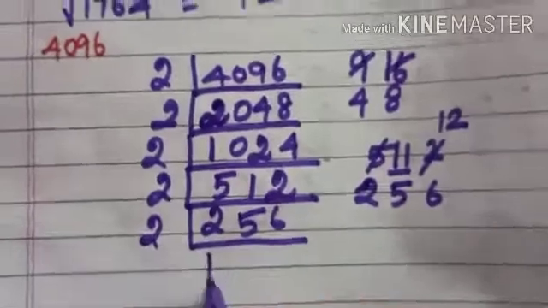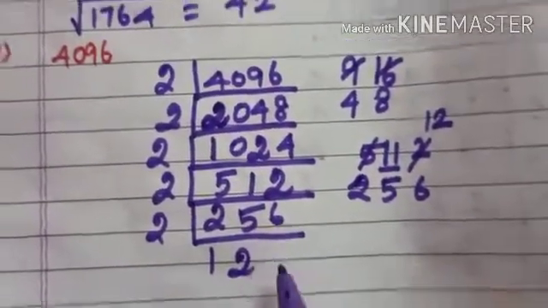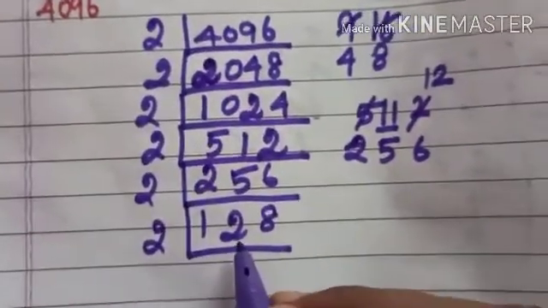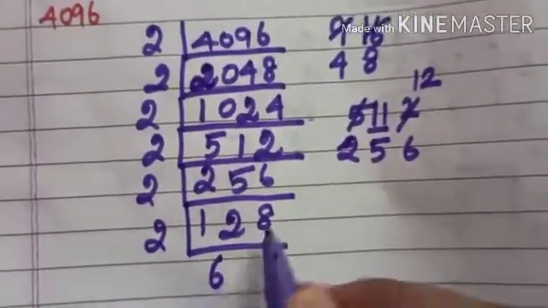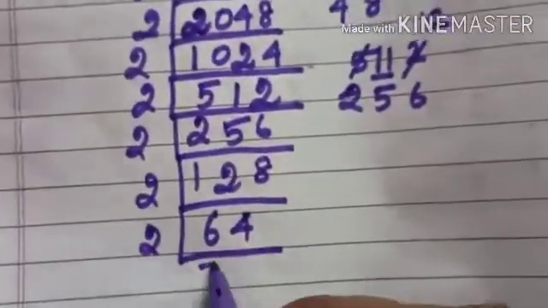So 1 times 2, remaining 1, it becomes 16. 8 times. So 1 is smaller, you take 2. 6 2s are 12, and then 4 2s are 8. So 6 becomes 3 times, and 4 becomes 2 times.